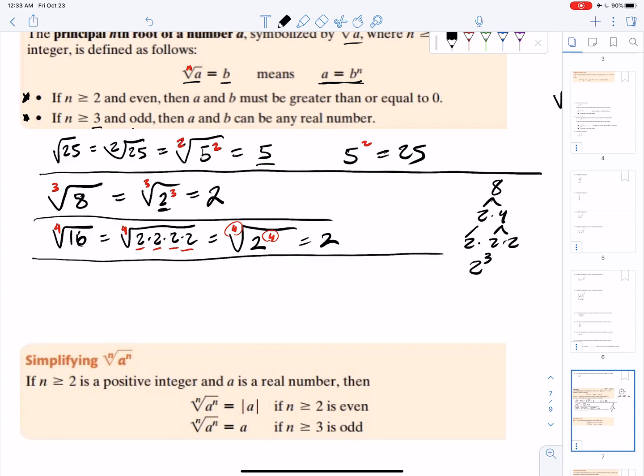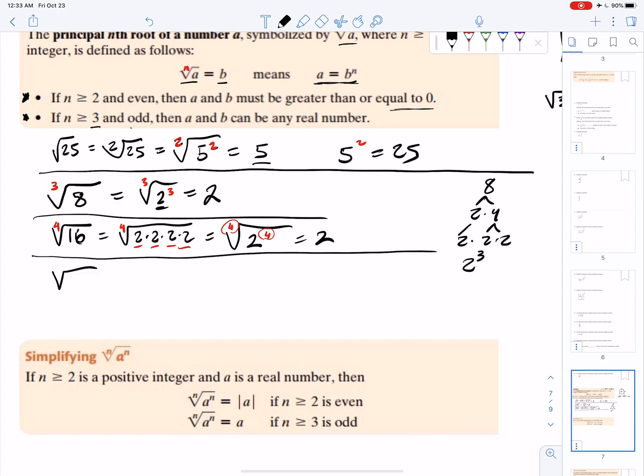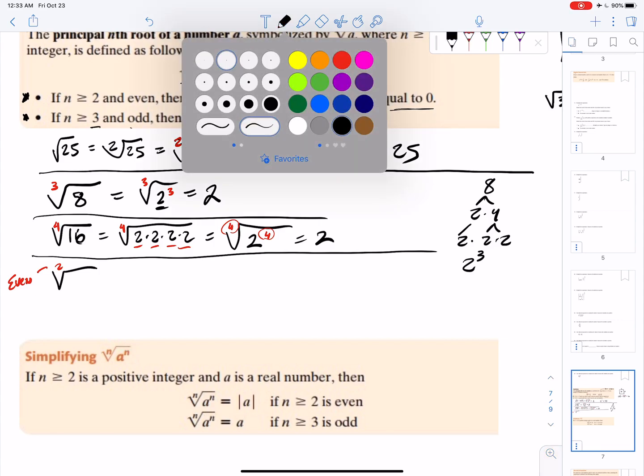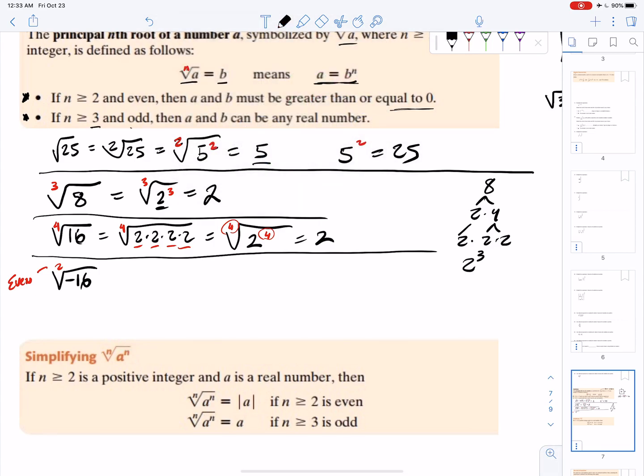It says if n is greater than or equal to 2 and even, then a and b must be greater than or equal to 0. Okay. So let's see what happens here. Let's take this first case where we'll take a root index of 2, so it's even. Notice that that's even. And what happens if we take a negative number like negative 16? And you can really see this dilemma here,